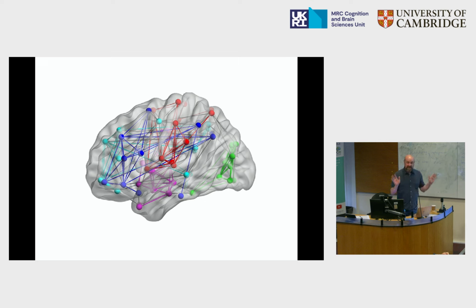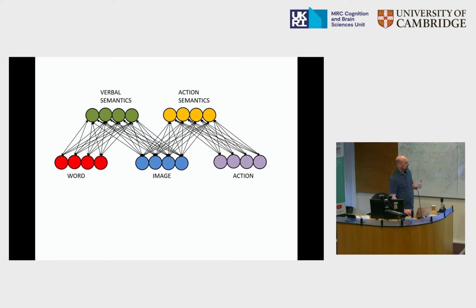Now, if we think that that's a reasonable hypothesis about how things are laid out in the brain, image analysis and functional brain imaging is a bit more challenging. So here's a hypothetical model that you might see as a figure in a paper, right? You've got an area that processes a word, an image, an action. Maybe you've got different connecting hubs for different kinds of semantics or what have you. And usually when you read a paper, the network will be organized this way. But when you think about a network, its function is solely determined by the connectivity, which units are sending to and receiving connections from which other units, regardless of how those might be topographically or spatially laid out.